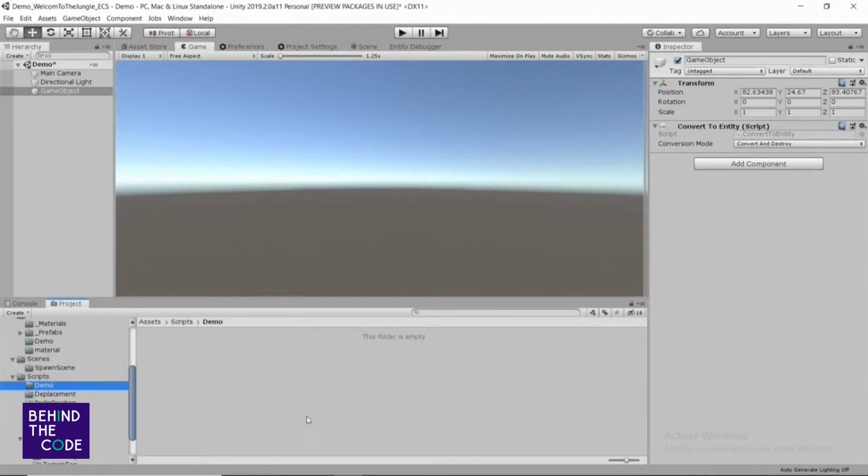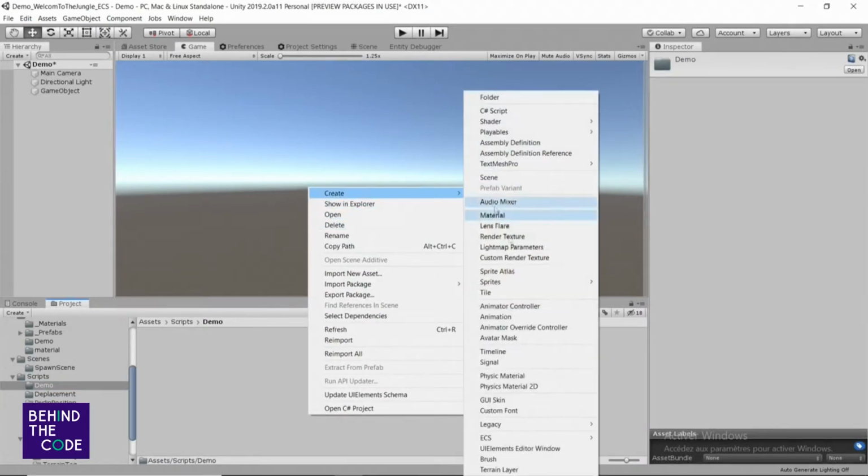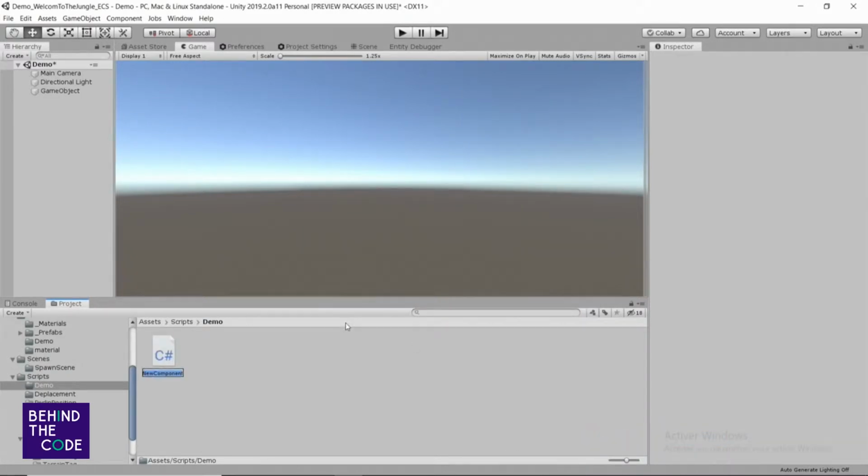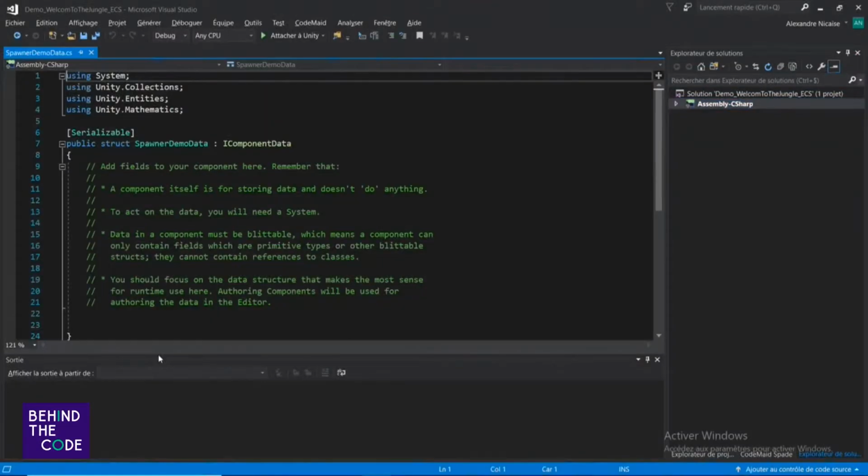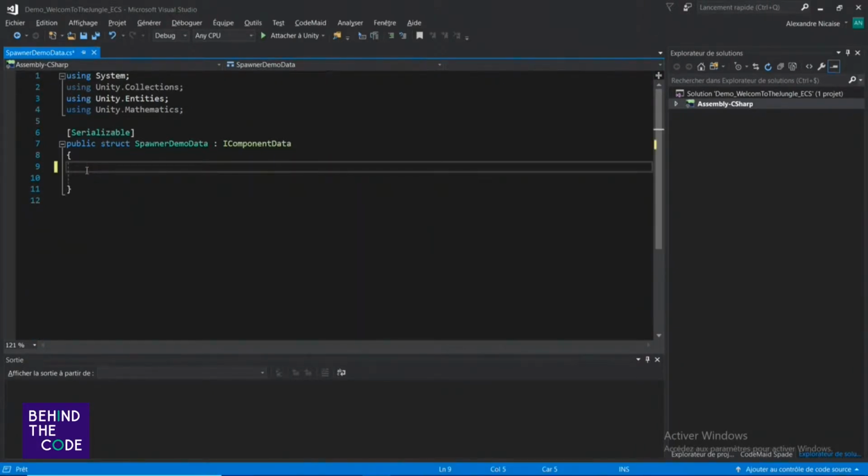I will create a little runtime component type, here called SpawnerDemoData. Here you have your script. I delete all the initial things here. What I want in that is to store an entity, so public Entity prefab, for example, as you want.